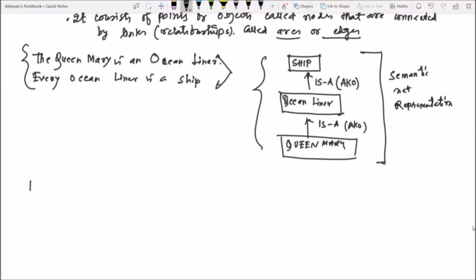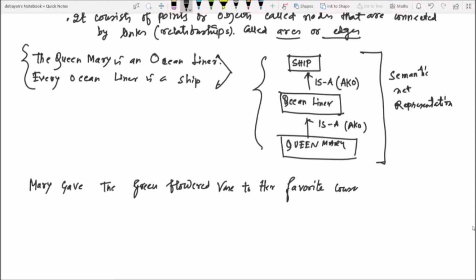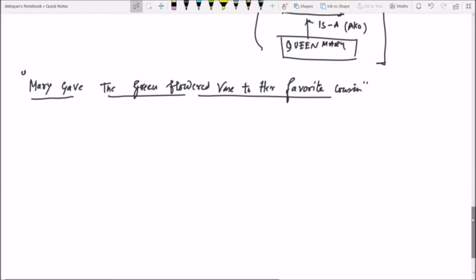ধরো আমায় বলা হলো that Mary gave the green flowered vase to her favorite cousin. So you have to draw the semantic net for that particular sentence. So how can you draw it? You can draw it in different patterns, but like that you can say that Mary,